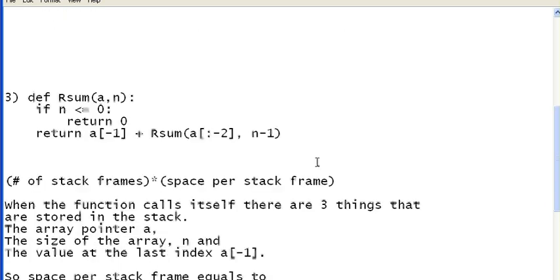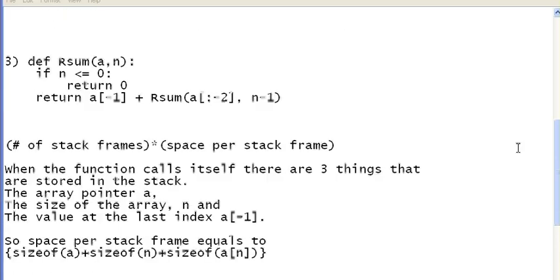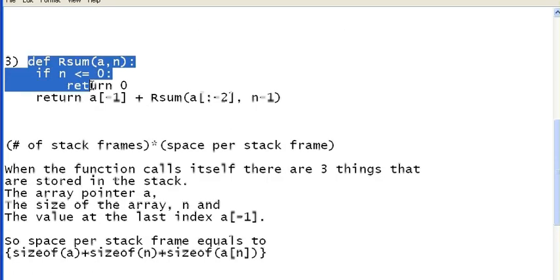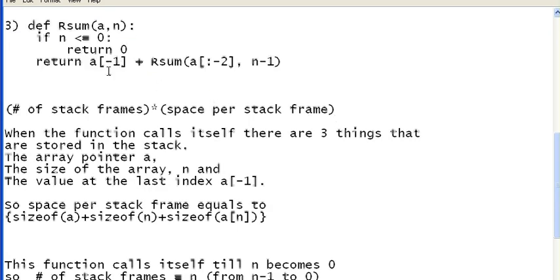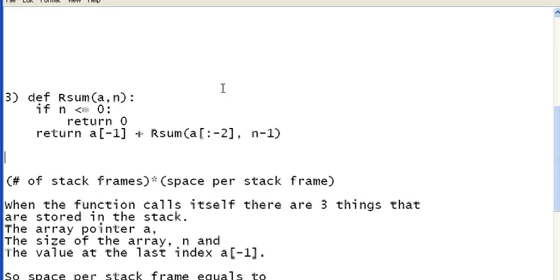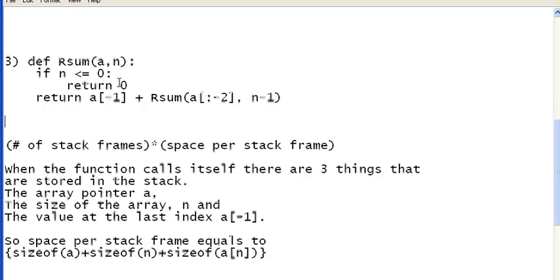Now let us see one more example. Here we have our third function, and what this function is doing is the same as what the above function does. Return the sum of the elements in array A, and n gives the size of the array A. But as you can see, it is a recursive function, and calculating space complexity of a recursive function is not